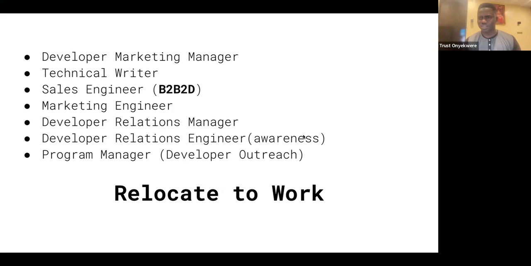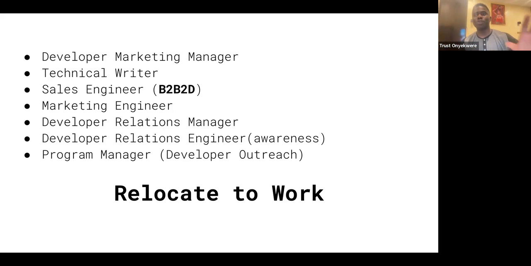You can also relocate to work. There have been so many cases where companies hire people in Nigeria to come over to become a developer advocate or developer manager or developer marketing or even technical content engineers for the companies. I personally know of 6 people who have moved this year. They all moved this year to the Netherlands, Ireland, and one to the UK on work visas, of course, just for them to come and be part of a dev department to market their products, internal products and also external products as well. So there's opportunity as well.